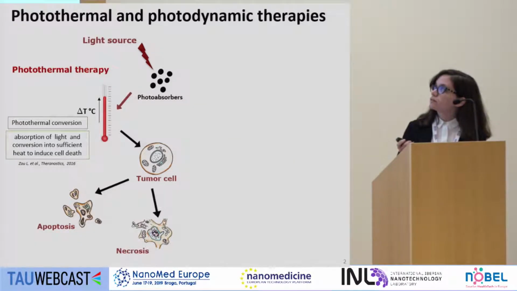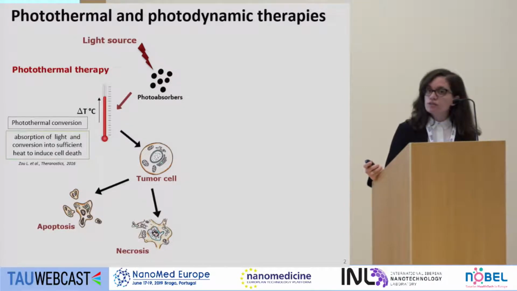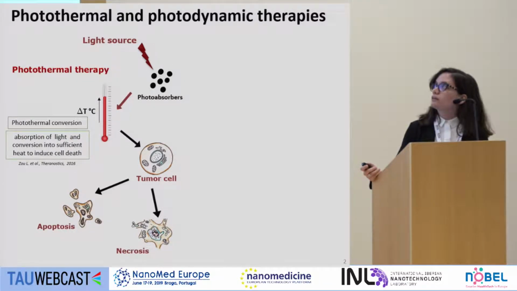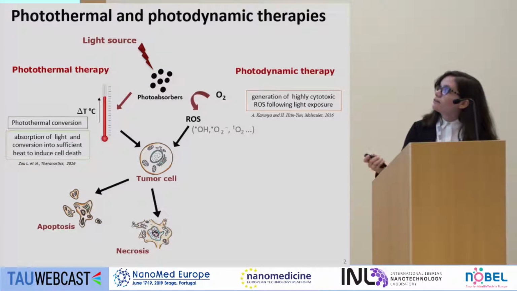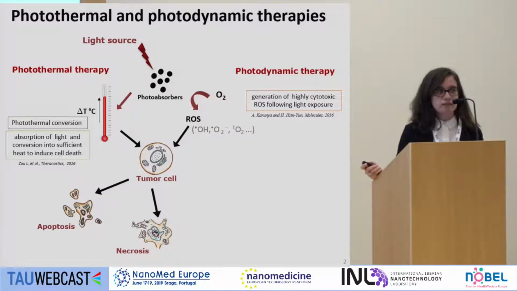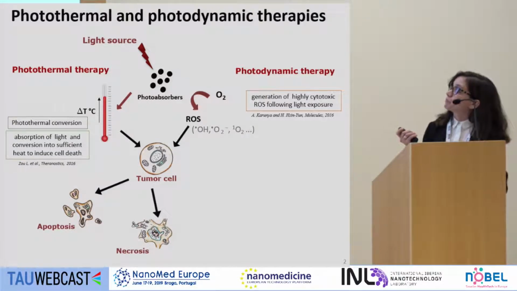So some nanoparticles are able to absorb electromagnetic radiation and convert it into heat. This type of effect is called photothermal therapy, which induces the death of tumor cells. In the case of nanoparticles which are able to absorb electromagnetic energy and generate reactive oxygen species, we are talking